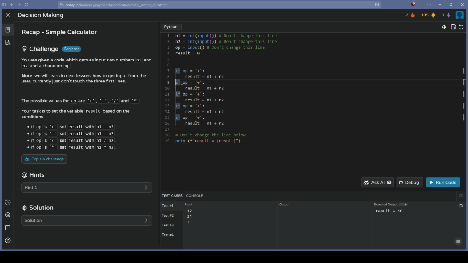So elif, elif, elif, elif, elif, and then let's just assign to minus, divide, division, and multiplication. So we had an extra one right here. We could delete this code, and that would give us